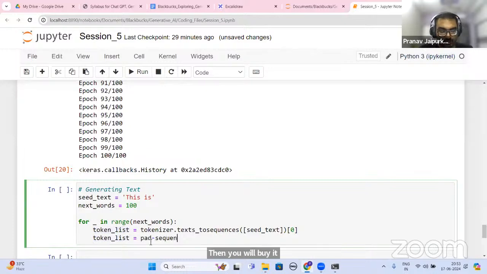So pad_sequences(token_list, maxlen=max_sequence_length - 1, padding='pre'), again padding is equal to pre.